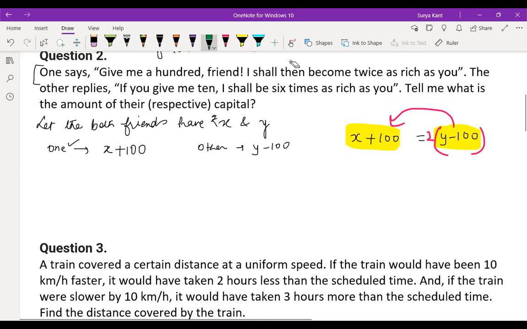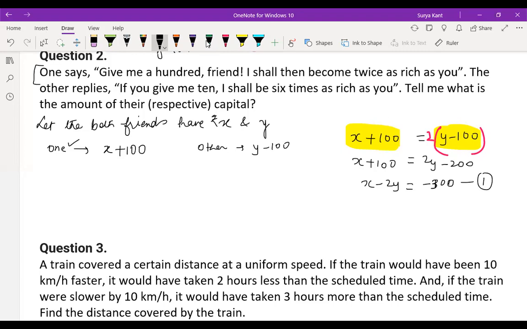Suppose this is Rasul and this is Samarth. So this is twice, so you should multiply with the smaller one. Then only they become equal, right? That's why we multiplied ulta over here. Got it, children? So x plus 100 is equal to 2 into y minus 100. You can solve this now. x plus 100 is equal to 2y minus 200. So x minus 2y is equal to minus 100. Sorry, minus 300. Correct? x minus 2y is equal to minus 300. This is the first equation.